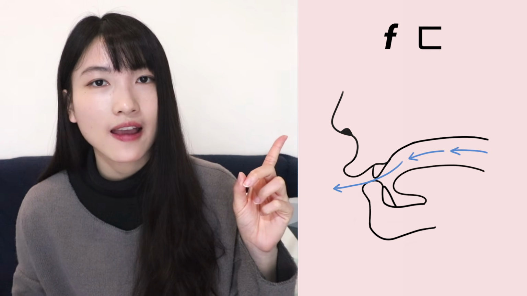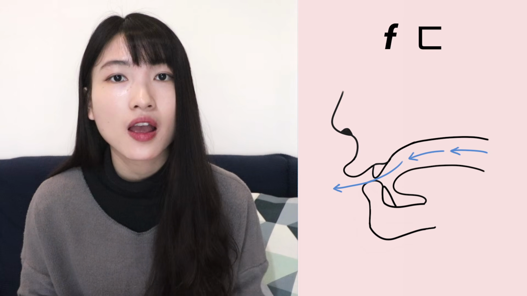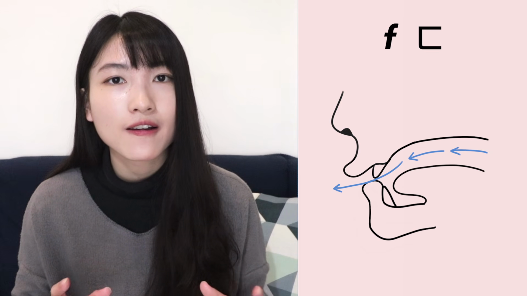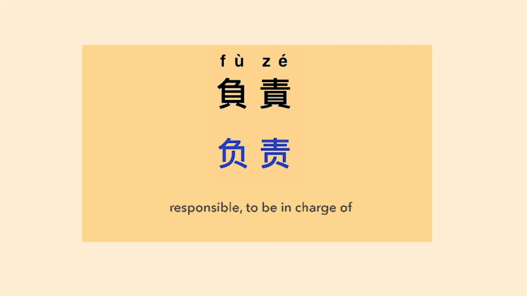Then let's talk about f. This sound is pronounced with your lower lip and your upper teeth, like this. F, f. Let's practice. F, f, f. And let's practice two words with this consonant. 非常，非常，负责，负责。